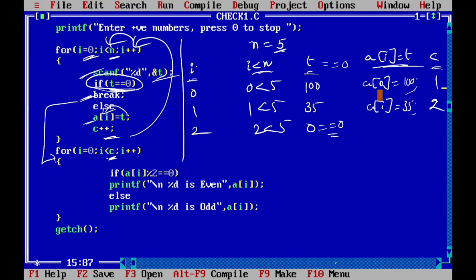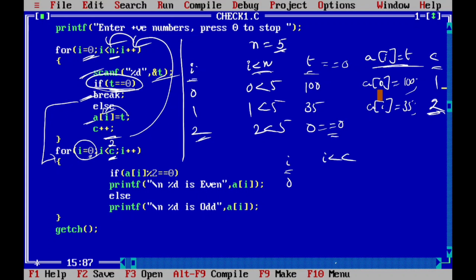Here, for i equal to 0, then i is less than c. What is the c value? c value is 2. So what is the i value initially? 0. Again assigning 0, actually the i value is 2 here, but in this for loop the i value is 0.